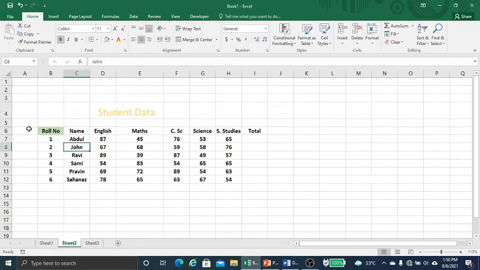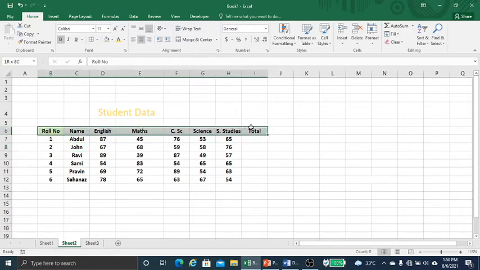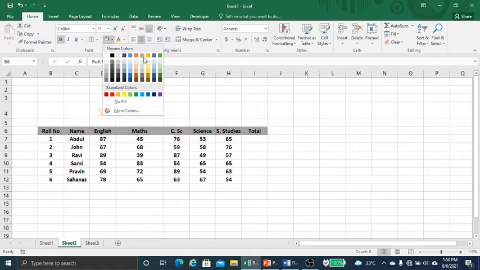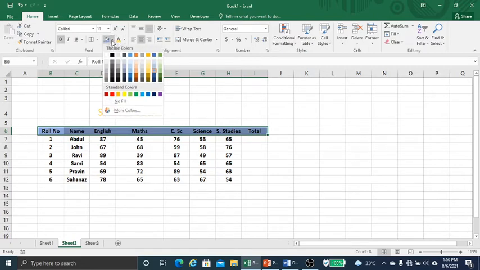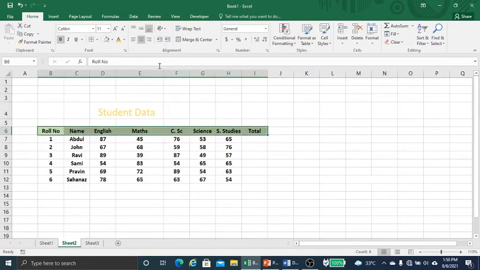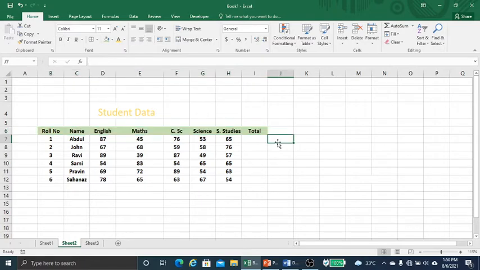Suppose I want to color this whole row, then under the font group, in the fill color, I can choose a color of my choice, say blue, or let me make it a little bit lighter green. So like this we can give cell shading.